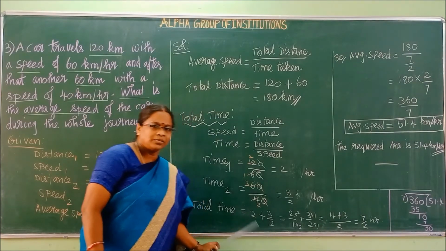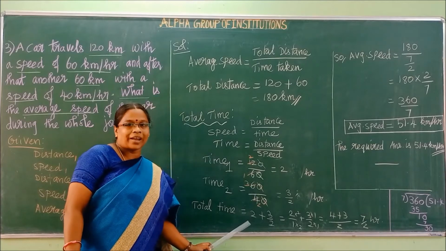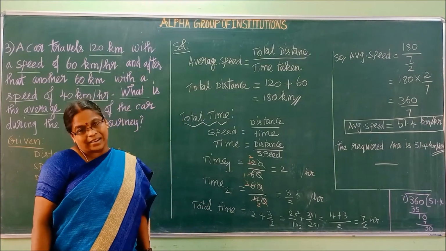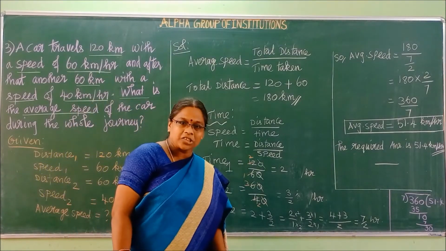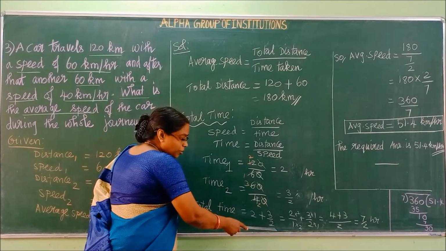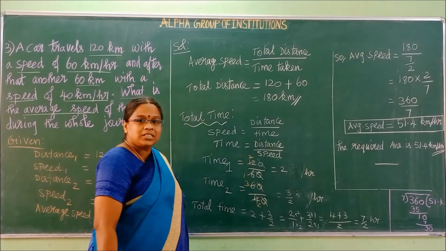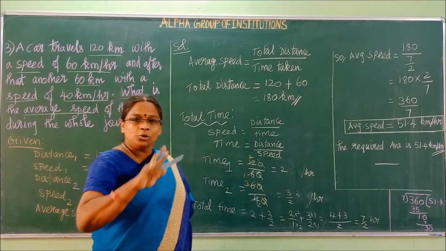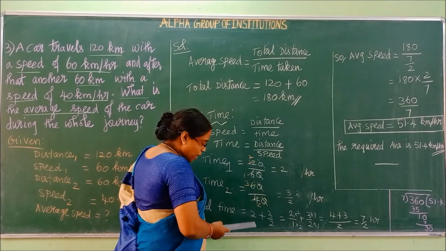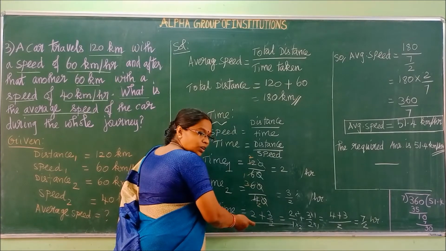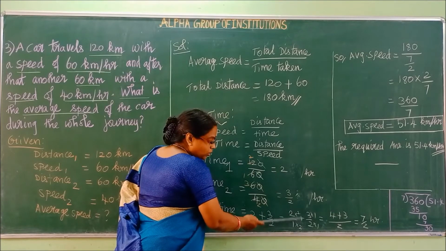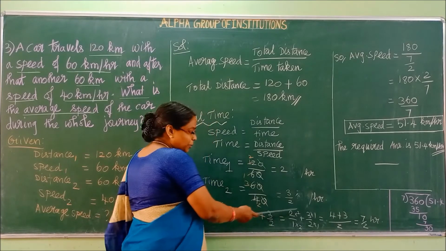Do you know this step, children? Then you calculate. This is an addition of fractions. Here 2 is understood as having denominator 1. All the steps you will learn, but anyhow I will recollect it. Here the denominator is considered as 1, and here the denominator is 2. For 1 and 2 you have to find the LCM. Automatically the LCM will be 2 for 1 and 2. So for that 2, first what is your fraction? 2 by 1. So that I have written here. What is your LCM? 2. That you multiply here. When you multiply that down, the numerator also you need to multiply.